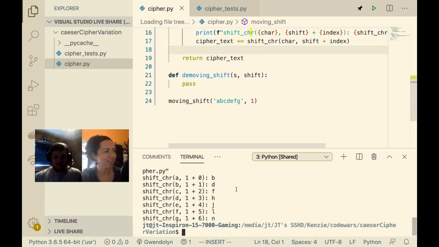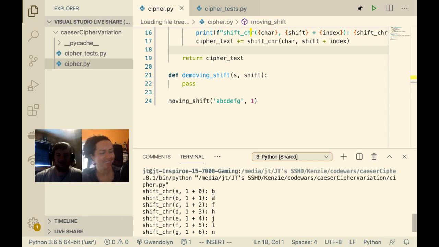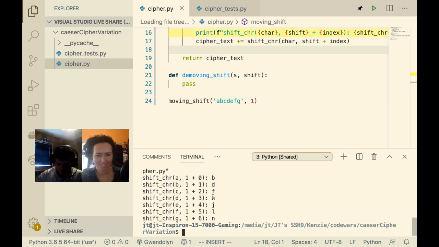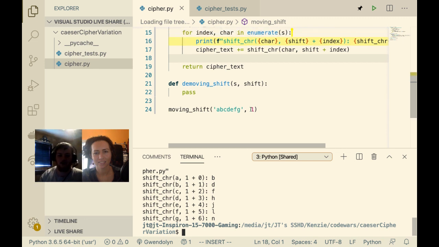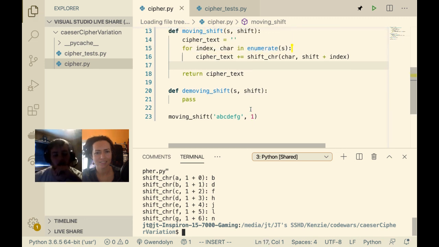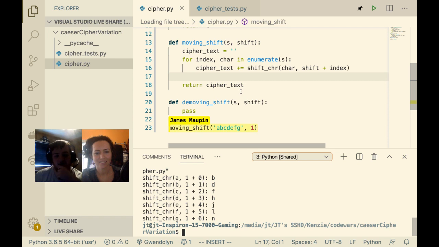Sweet. So nailed it. We got some output down here. Look at that beautiful print statement. I just wanna point that out real quick. All right. And so 1 + 6. Yeah, that looks like it's working perfectly, actually. Awesome. Cool. So now what we have to do is take the cipher text. We can get rid of that print statement. We've got to take this ciphertext and break it up into 5 buckets, right? Yeah.